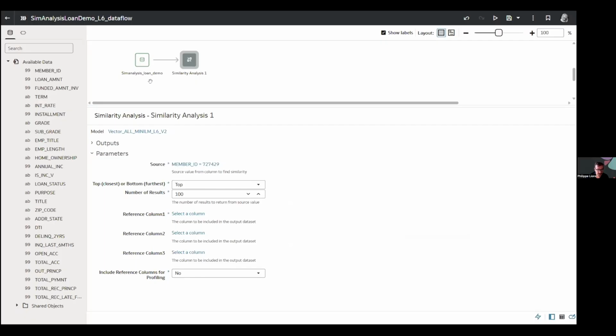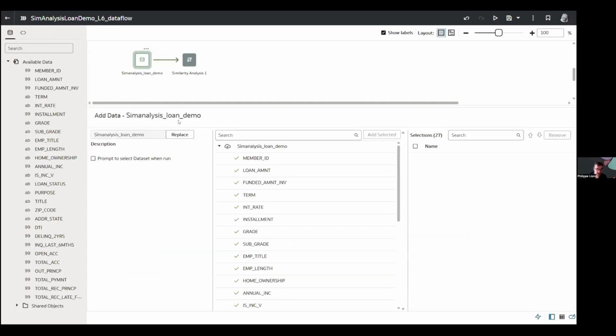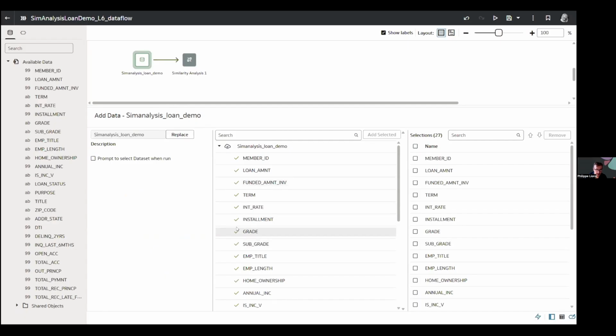And basically, what's going to happen as I run this data flow is this data will make it into the database, will be embedded as vectors, distance will be calculated, and a data set will be created saying, you've asked for this record. Here are the top 100 records that come close in cosine distance or some other distance that has been set with this model, according to all of these dimensions that you have in your data set. By the way, as a user, I can select which columns I want to participate in the embedding or not by simply tagging them on or off right there.